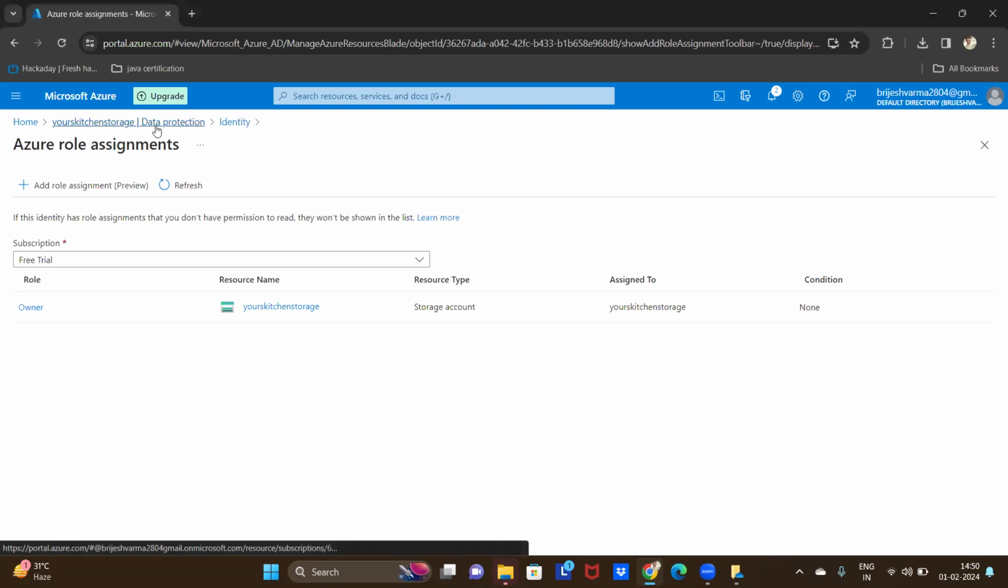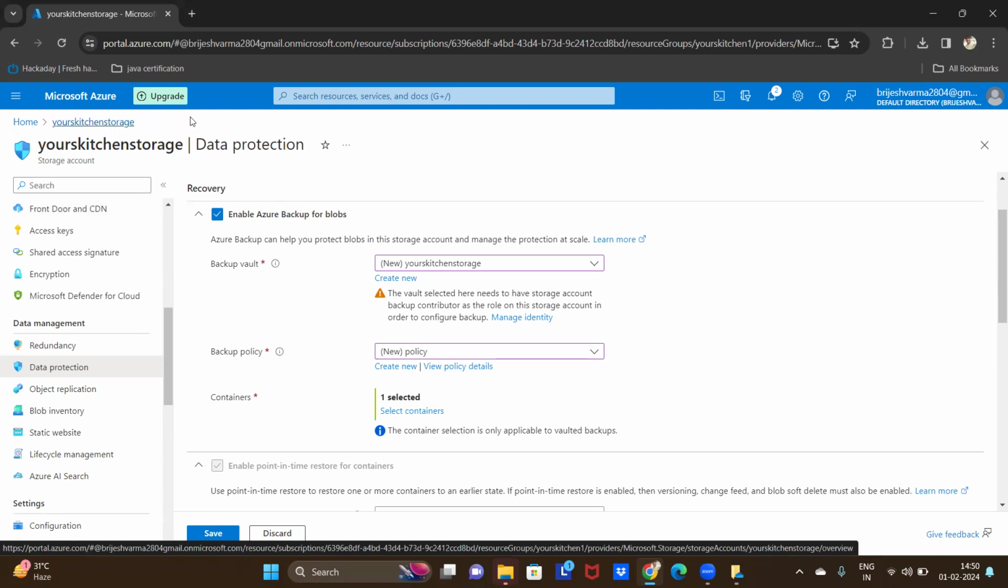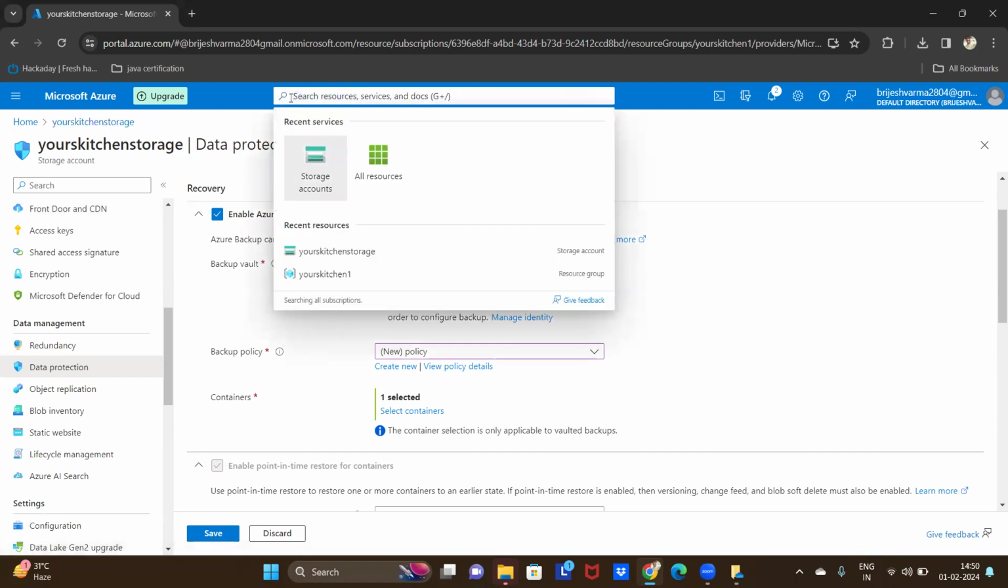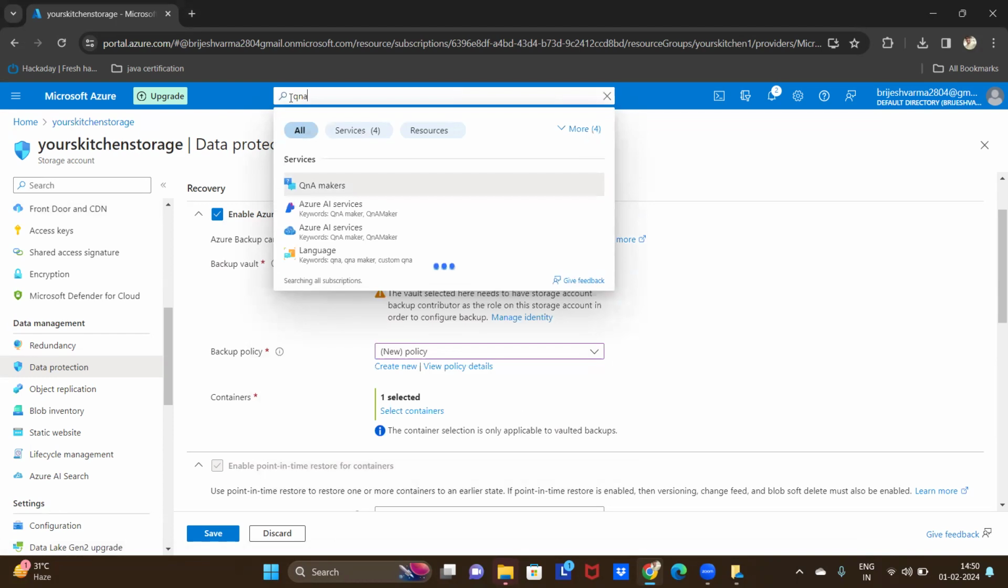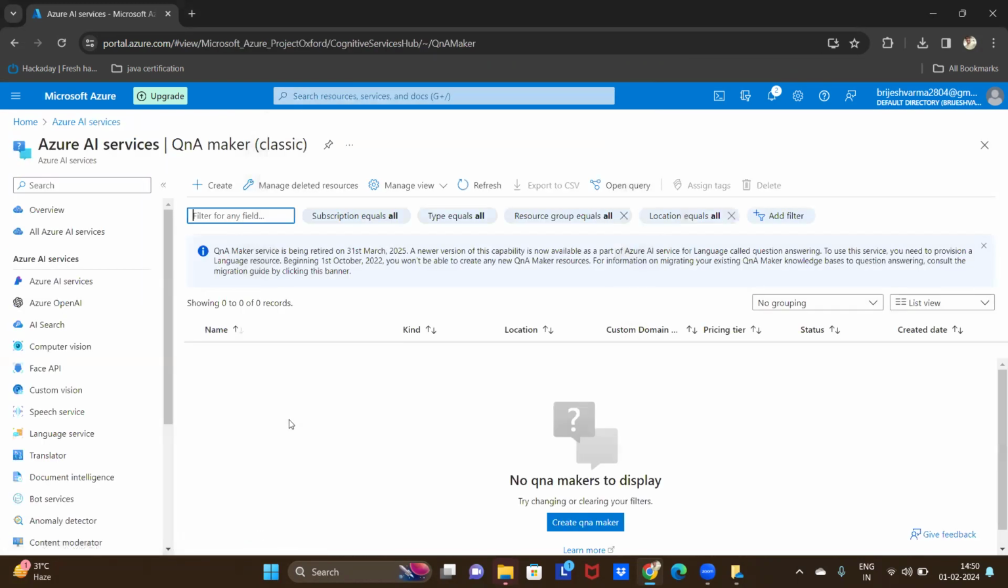Now we have to create our chatbot. For that, you require Q&A Maker. Go to search and search for Q&A Maker. Q&A means question and answer maker. If you press on create,